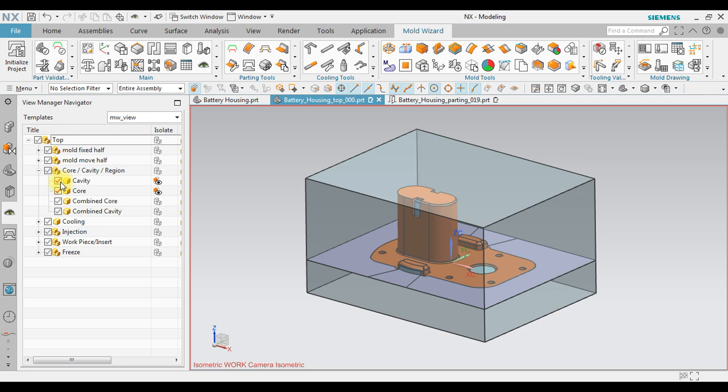After you master how to create the cavity and core, the next step is to create this one, mold base library. But before you continue to mold base library, please remember, creating cavity and core is the essential part of NX Mold Wizard. It means that you have to master it first, then you can continue in NX Mold Wizard and insert, for example, ejector pins, sliders and lifters, and so on. So, to make good practice, the first thing you should master is creating cavity and core for a variety of complex product shapes. Thank you for watching.